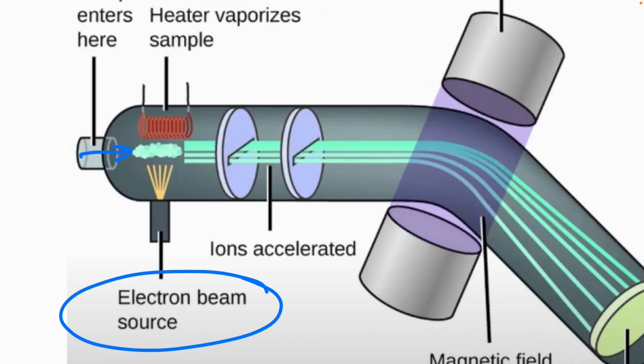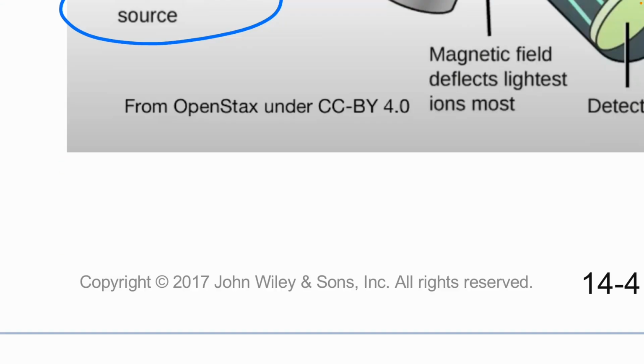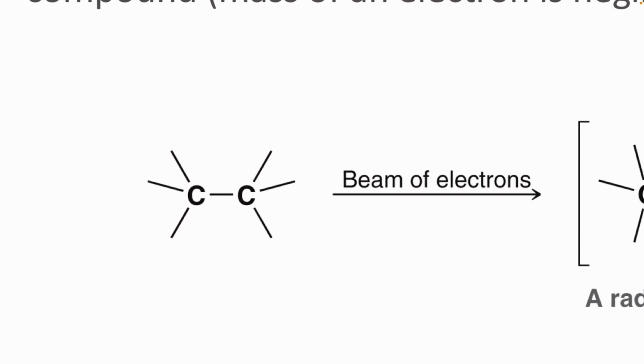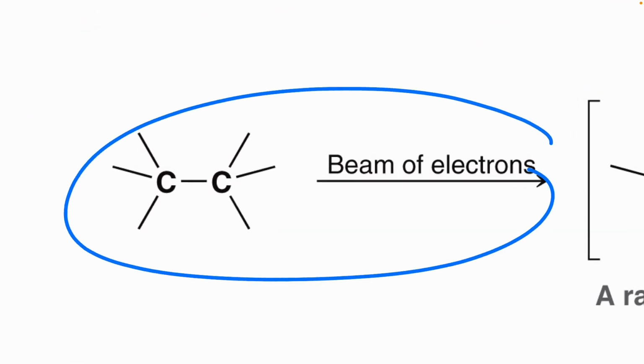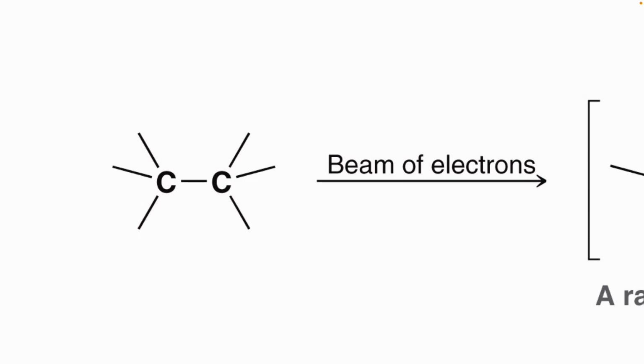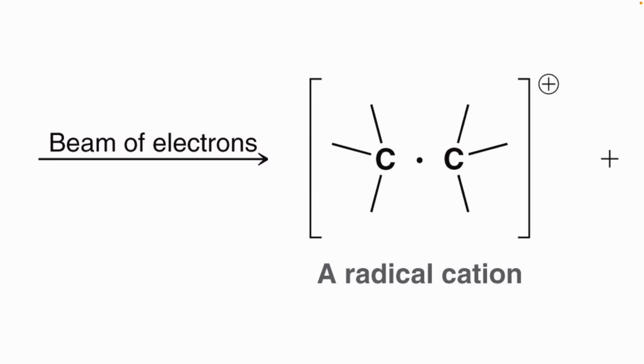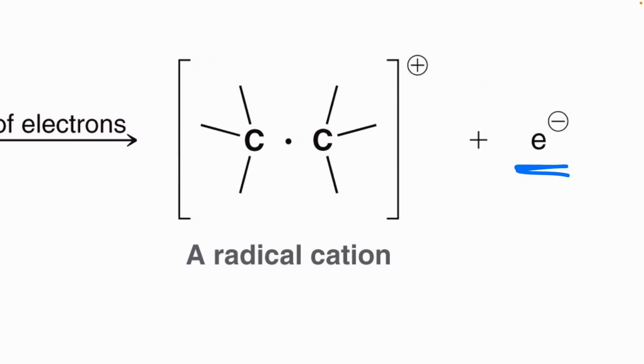The first thing it does is blast your sample with a ton of electrons, a huge amount of energy. If we have our molecule here and we hit it with this high energy beam of electrons, it actually kicks one of the electrons off of that molecule,